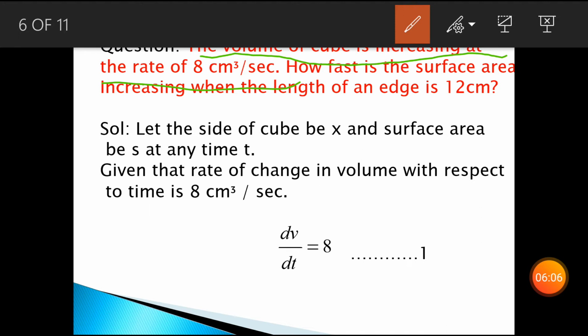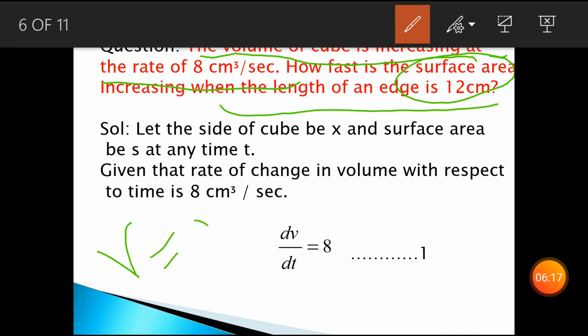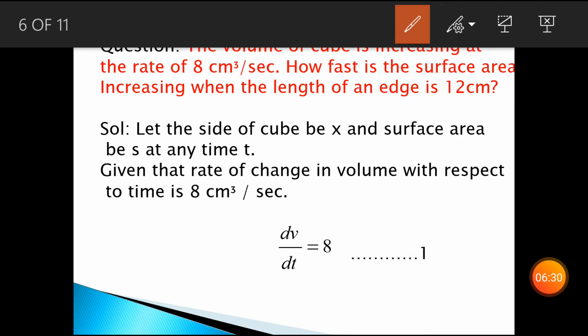Now how fast, the next important word, is surface area increasing when the length of an edge is 12 centimeter. You know very well that volume of a cube is x cube if the side is x, and surface area is 6x square. Okay, so in both the cases actually we are in need of the side. So just see,